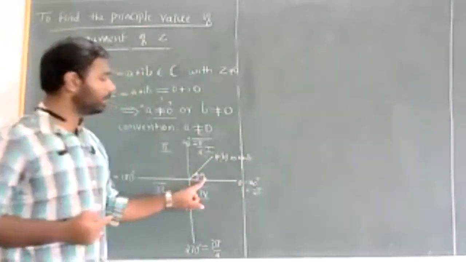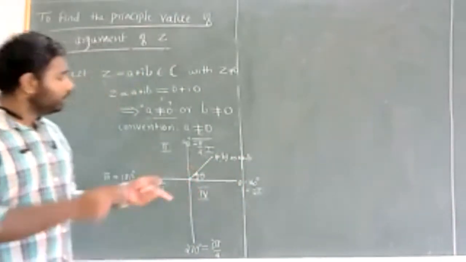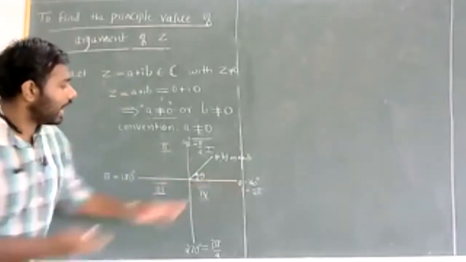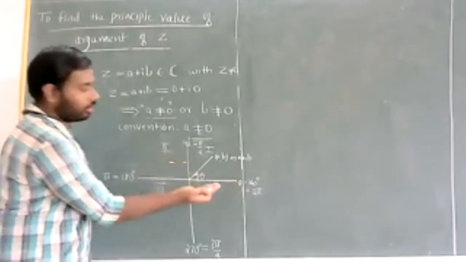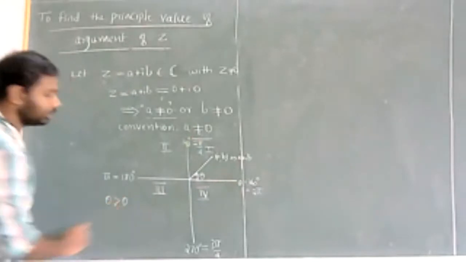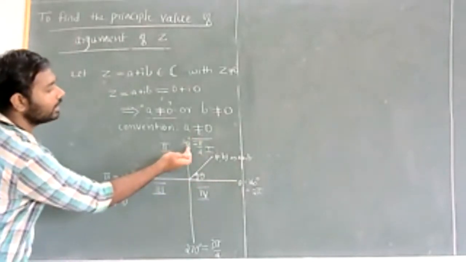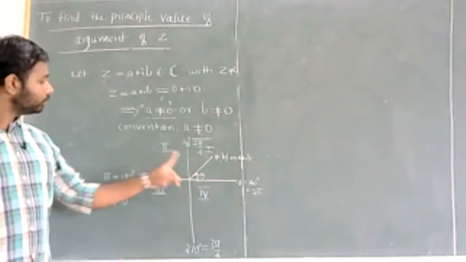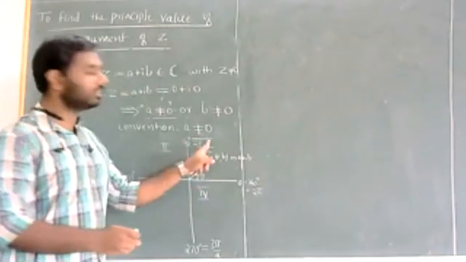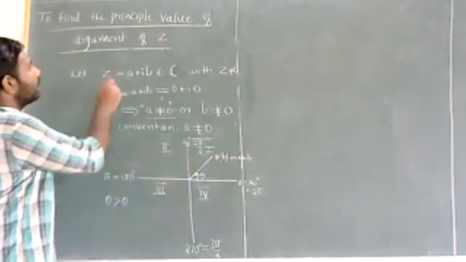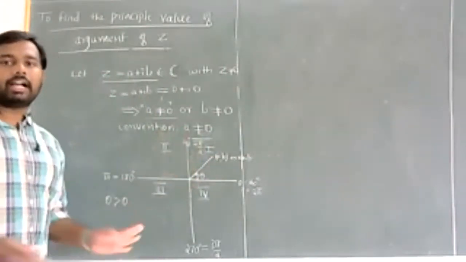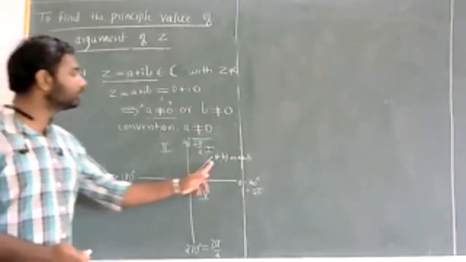So I have the argument value, right? And in what range does this argument value lie? It is greater than 0, so it is above 0. This angle is above 0, and it is less than pi by 2 itself. Obviously it will be less than pi because this point strictly lies in the first quadrant. So I am trying to find the principal argument of complex numbers based on their position, and I am distinguishing their positions based on the quadrants.